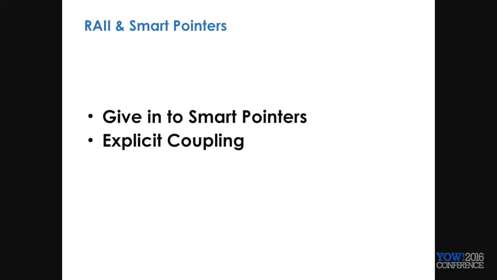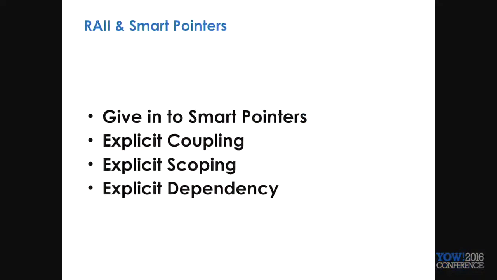So cycles aside, having just those 3 types of sort of ownership models makes coupling explicit. Because that's the only ways that you have to look at other objects that are coupled. The scoping becomes extremely explicit because now it is the lifetime of that shared pointer, that unique pointer, and all the others that are pointing to it. You have explicit dependencies as well that start coming out. The reason that it becomes extremely explicit is you have to think about using them. It's not simply something that just gets generated for you.